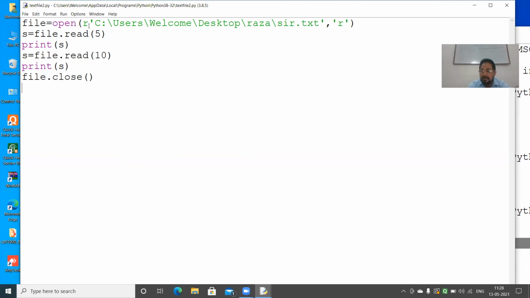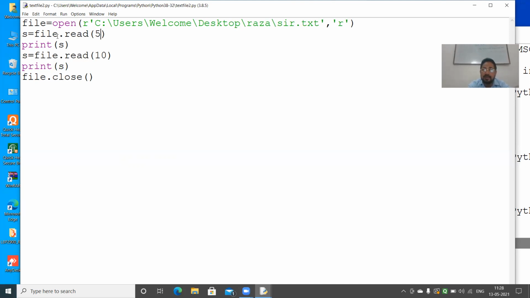So R means raw string. This whole text is made a raw string, that means it is not specially defined as Unicode or something like that. It is raw, it is simply text. This R stands for raw, not the read mode R. It is not given in quotes also, remember that.